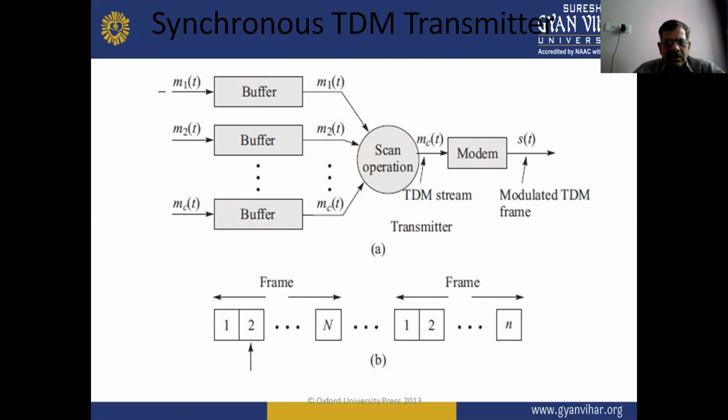and this block diagram also shows the synchronous time division multiplexing transmitter, time division multiplexing TDM, in which we use two different buffers for different message signals, and output of these different buffers is scanned by a scan operation, and output of this is the TDM stream, which is next fed to the modem, and output of this modem is the modulated TDM frames, that is the ST. So there are some frames given here in the second diagram,